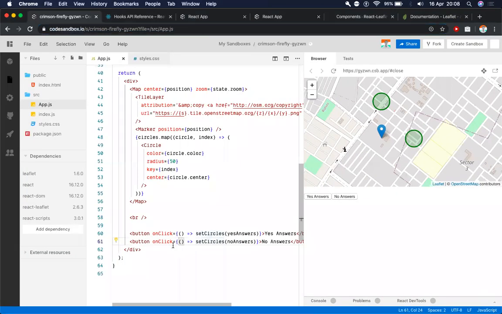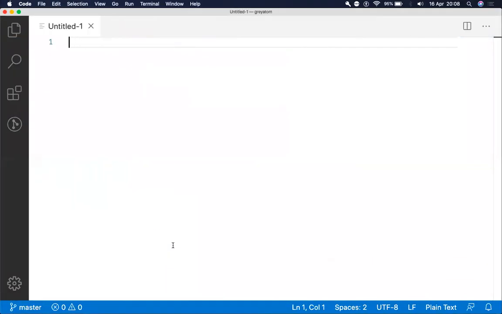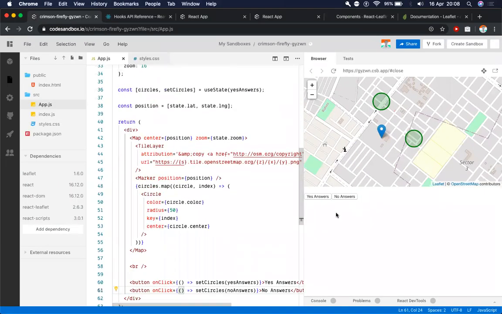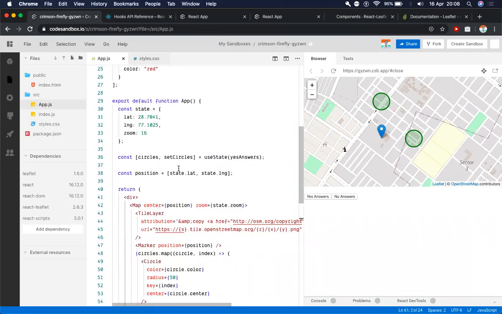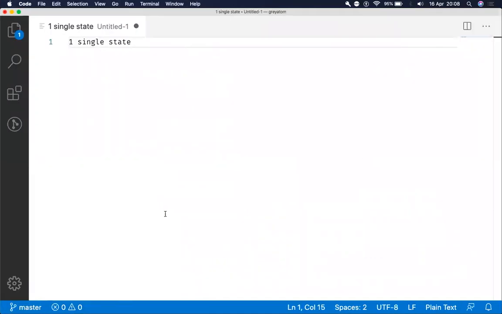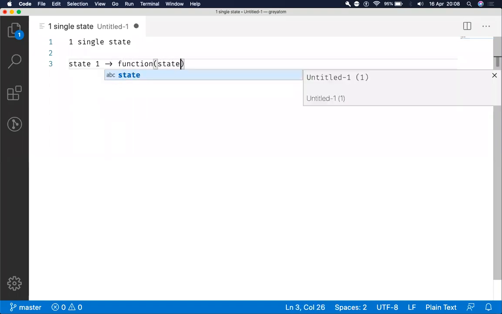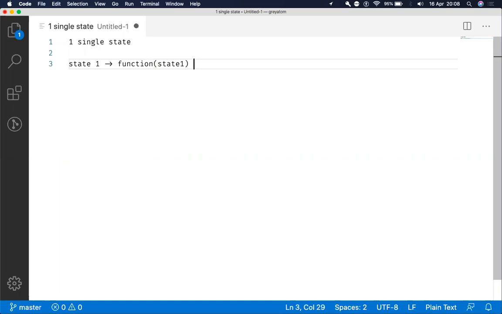So let's consider that this is one single state right now. And whenever we are clicking on something, whenever we are changing the values, we are manipulating the state. So what we are doing is we pass state one to a function, and what we are getting at the end is state two.